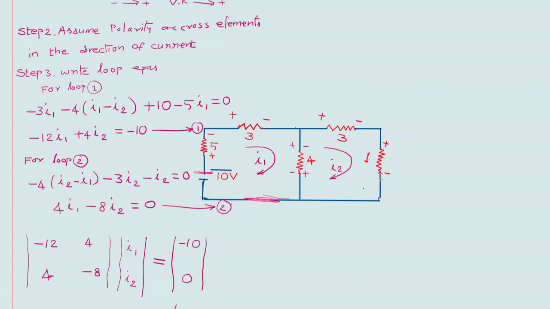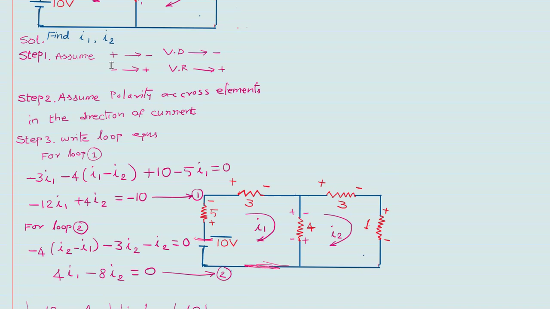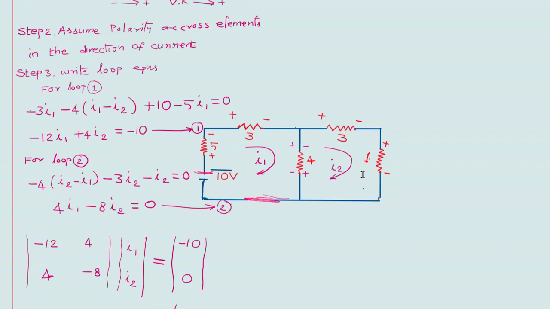Next, there is another element here, 1 ohm. So first getting positive, next negative in the assumed current direction, positive first, next negative means voltage drop. It will get the negative sign. So minus 1 into current flowing there is only I2. So we write minus I2 is equal to 0. Means second loop equation is also completed.